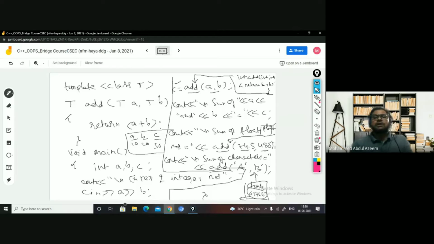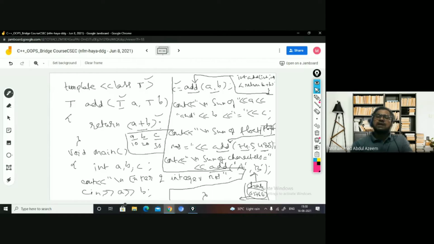So what is happening here: for function templates, memory will not be created. In a function template, you specify the generic data type. You don't specify the data type on which the operation is going to be carried out. In function templates, you specify the operation. Here you have specified the operation, but you do not specify the data types. They are generic, okay? So at the time of execution, you pass the data type, you pass values of a certain kind. It means values holding a certain data type, right?